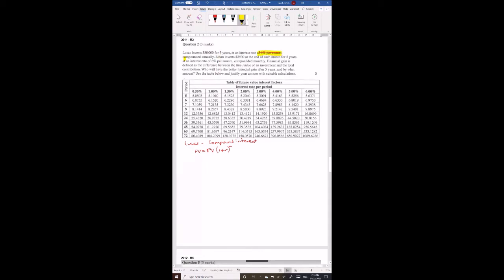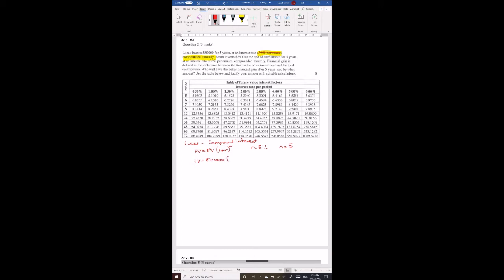6% per annum compounded annually. So we don't need to worry about changing our rate or our number of time periods. So our rate is our 6% and our n is our 5 years. So we put it all in. Future value equals